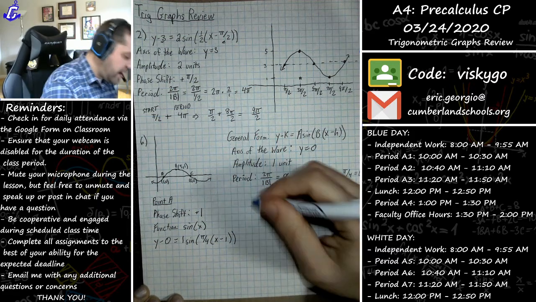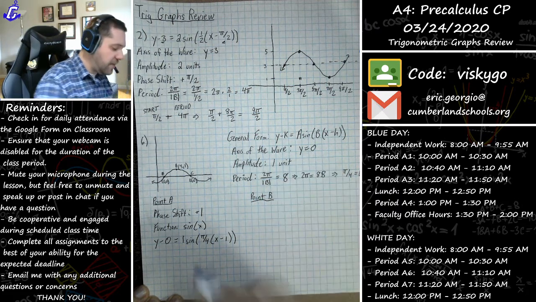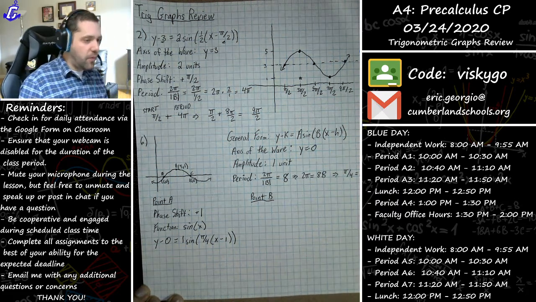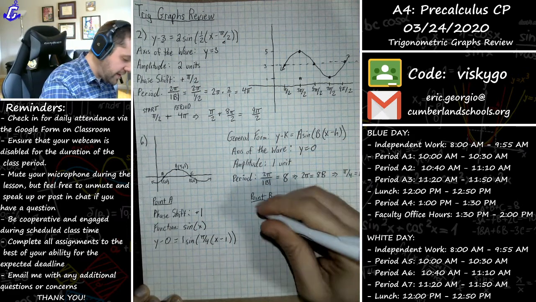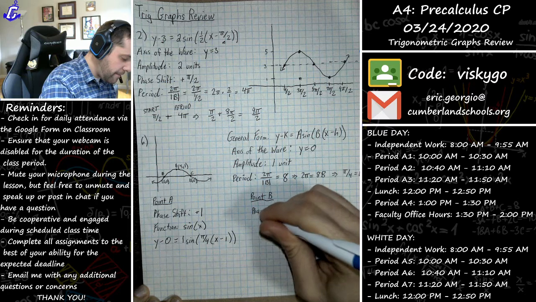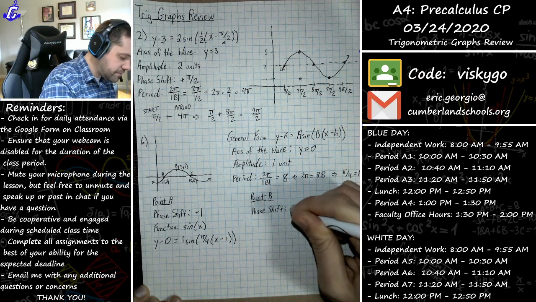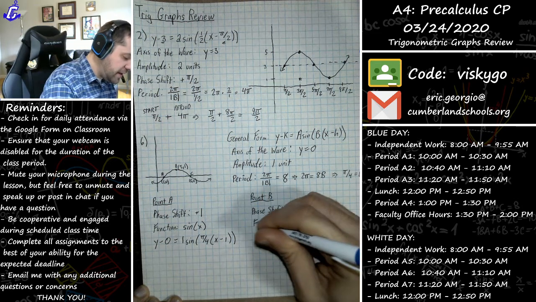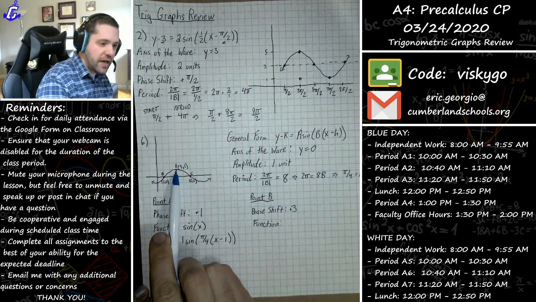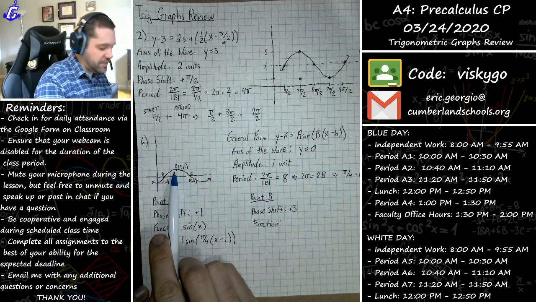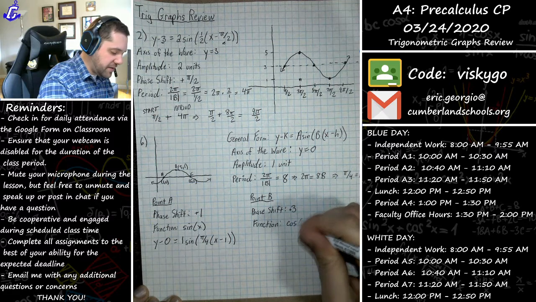And now we can go ahead and continue to find other matching equations for the same wave, but just starting at different points. If we're now starting at this point B right here, I can say that my phase shift is no longer 1. My phase shift is now going to be 3. And my function is no longer sine because we're not starting on the axis of the wave now. If I start here, notice we're starting at a maximum. So if we're starting at a maximum, your function is going to be cosine